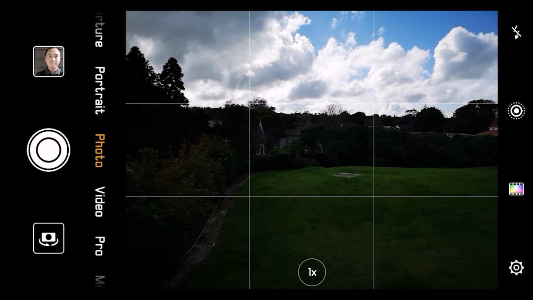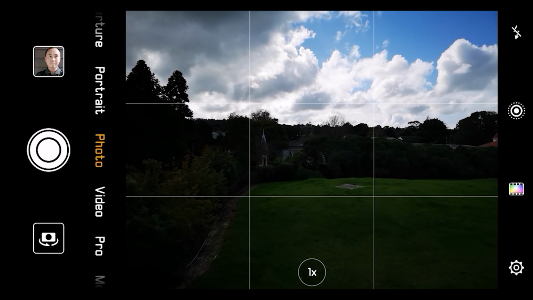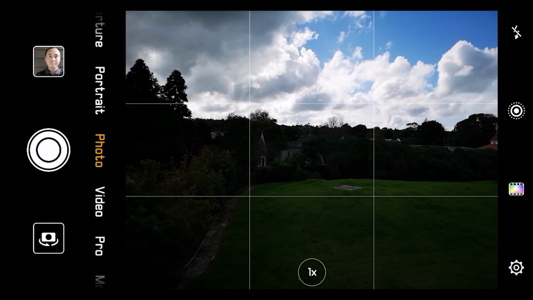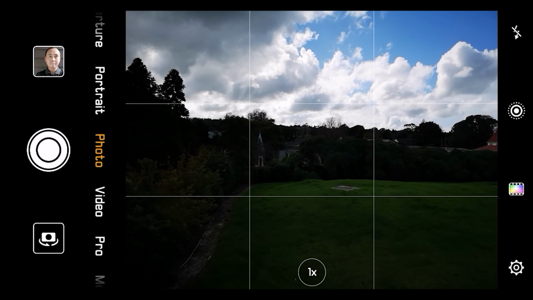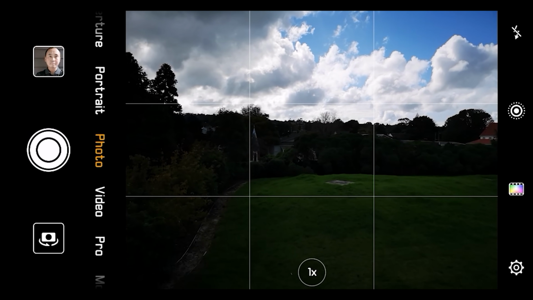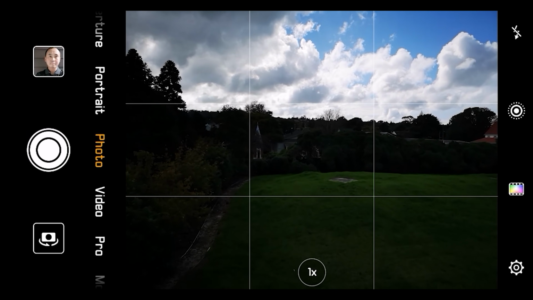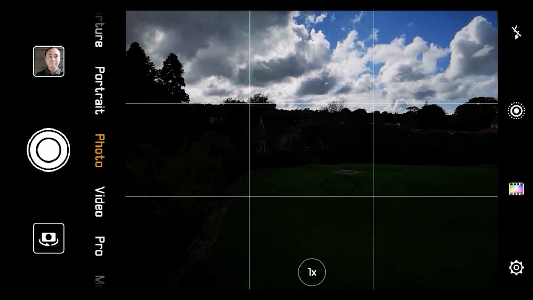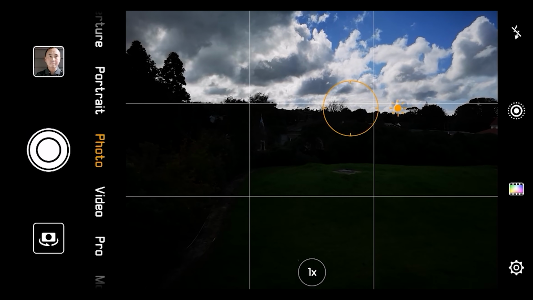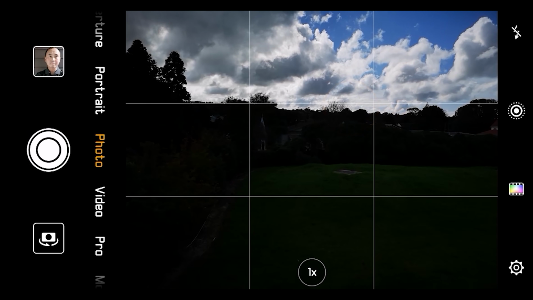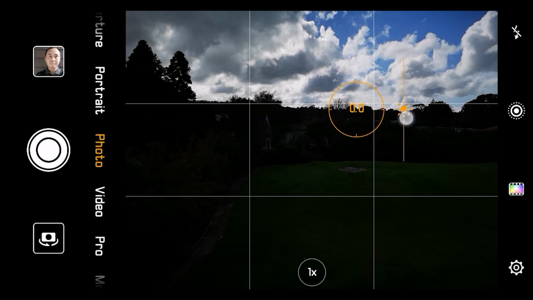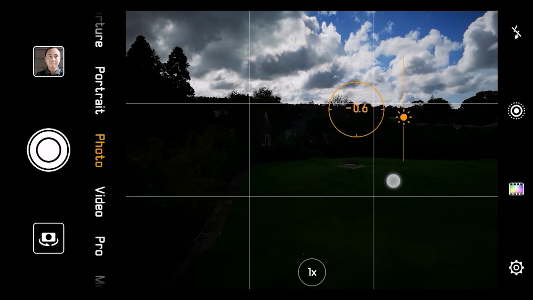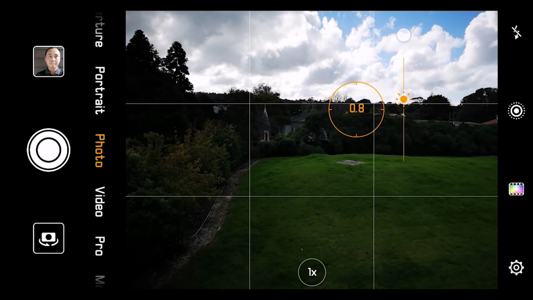For example, this photo you are looking at now looks quite dark because it's a quite high contrast scene, and the camera is trying to make sure the highlights are not overexposed, and that makes the foreground quite a bit underexposed, so it's quite dark. So what you can do is, when you tap on the screen, there is a sun icon next to it, and then you can drag it up or down to make it brighter or darker and adjust it to what you want.